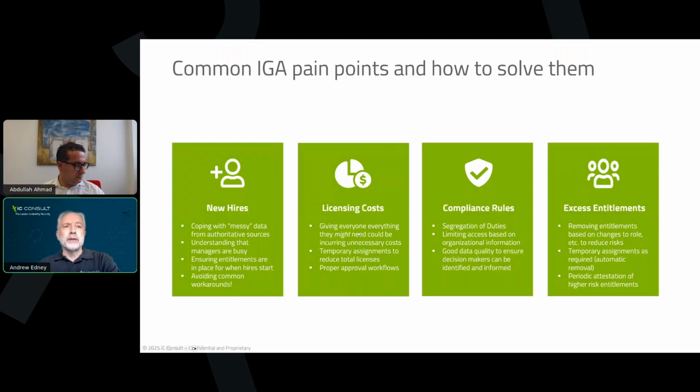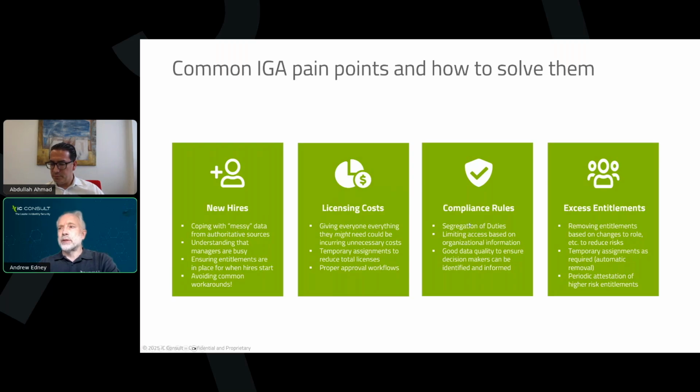And One Identity Manager is great for the approach of using temporary assignments. When you do a request, you can specify, well, I actually want it just for next week. So I want it to start Monday, end on Friday. Your line manager and maybe somebody in the cost center will then approve that. On Monday morning, you've got the license. Friday afternoon, when you no longer need it, it's taken away. If it turns out that on Friday afternoon you're going to need it for a few more days, you can just ask to extend your request, and that goes through an approval workflow again. So the system is very good at managing this idea of temporarily granting access for licensing purposes and therefore controlling costs.